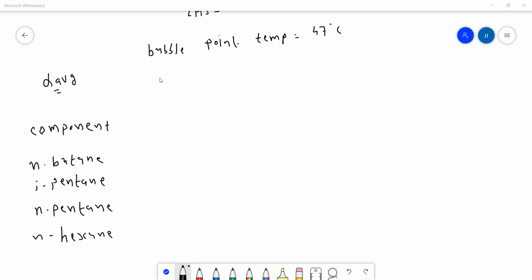So at the top, alpha at 22 degrees centigrade, because we know that relative volatility, in a binary mixture, is equal to the vapor pressure of A